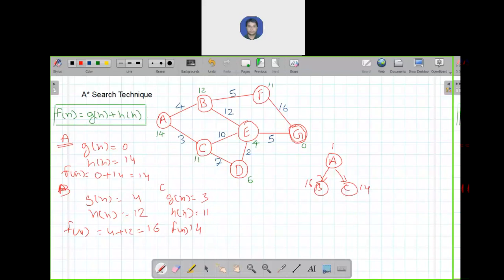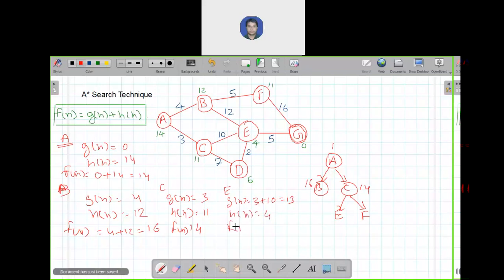From C there are two paths again, E and D. Again calculate the Fn value for E. Gn is 3 plus 10, which is 13, and Hn is 4.